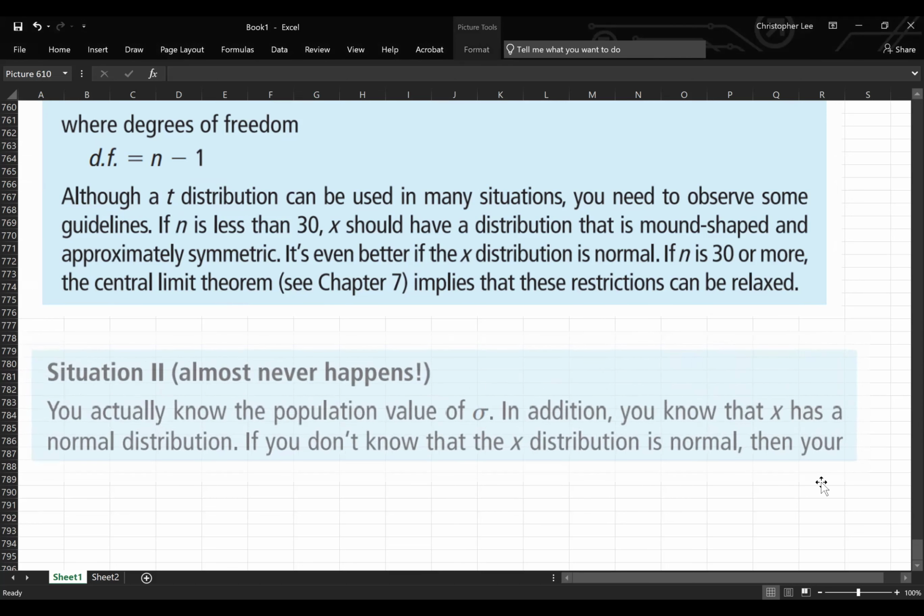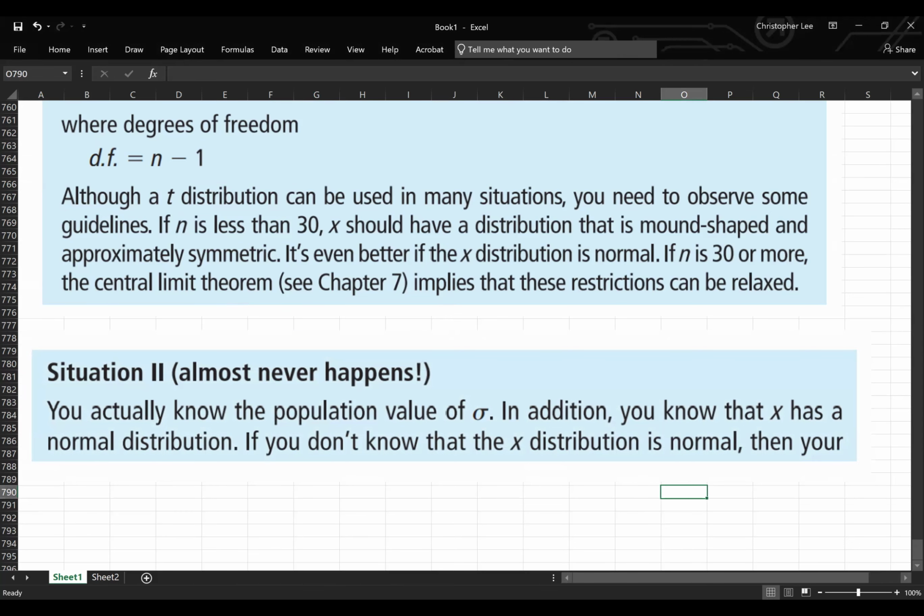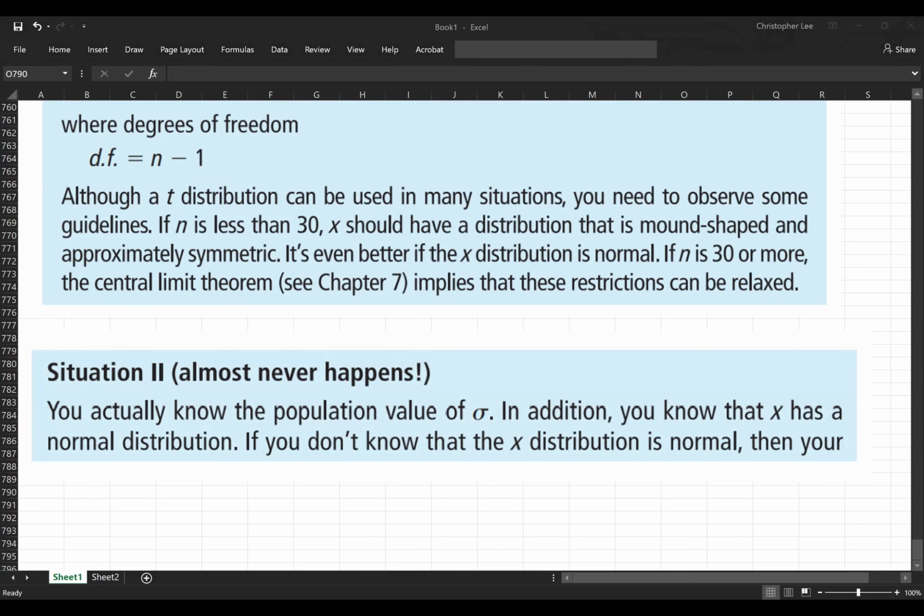So here's a second situation. You actually know the population value of sigma. In addition, you know that X has a normal distribution. If you don't know that the X distribution is normal, then